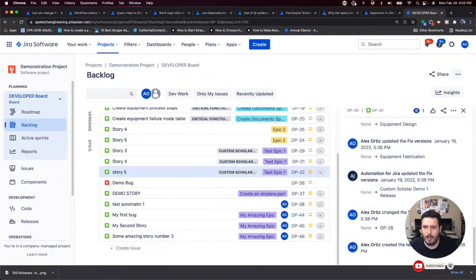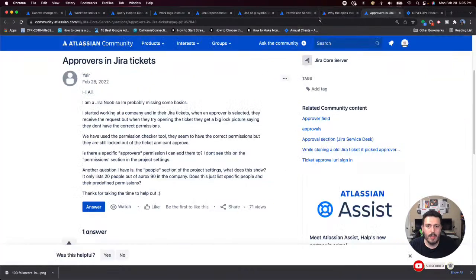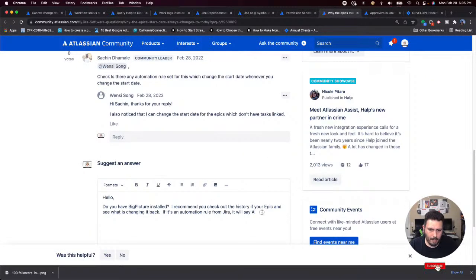So I am looking for automation for Jira. Oops. Made a change. If you do indeed have BigPicture installed, you'll notice that it says